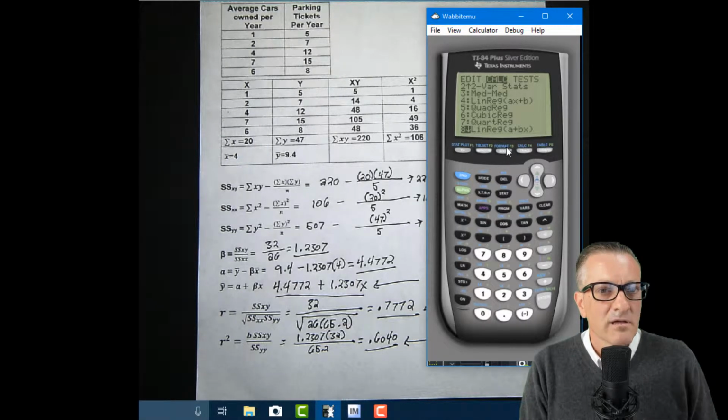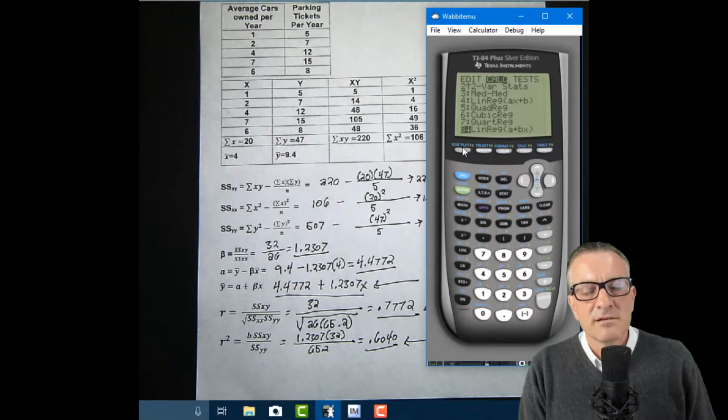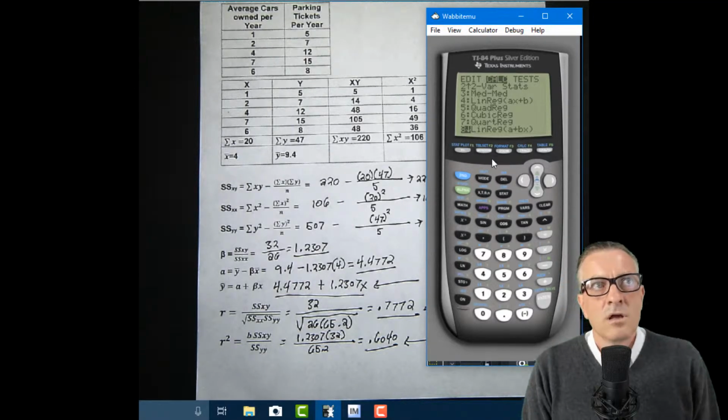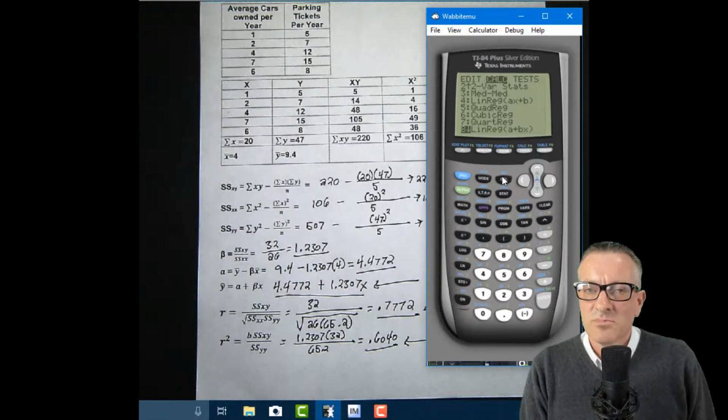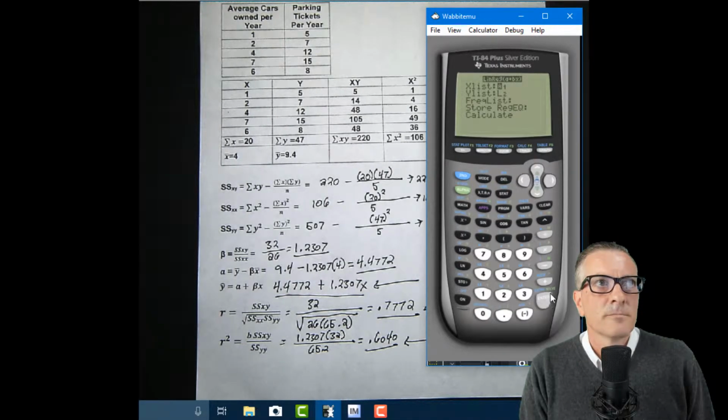I have found a couple calculators from one of my students that he said didn't have this; it's amazing how some calculators don't have some of these things. So push enter. And now we have list 1. This is a default setup: list 1, list 2, where our X list is L1 and our Y list is L2, so we're all set. Do not put anything in the frequency list. It will mess up the calculation.